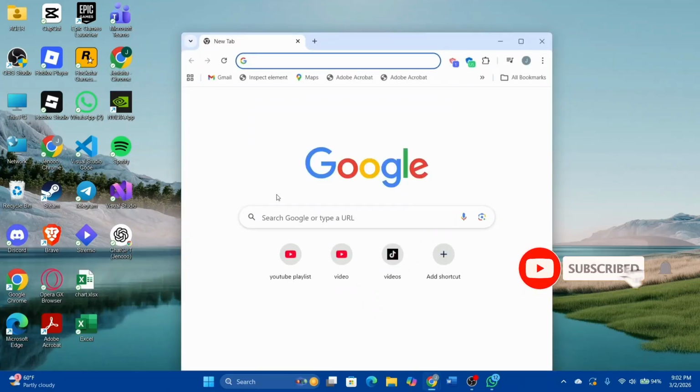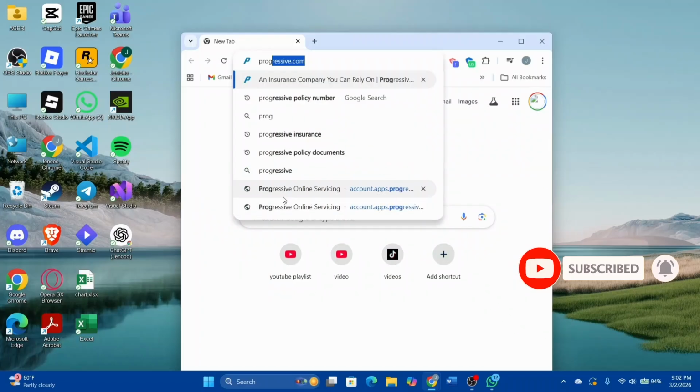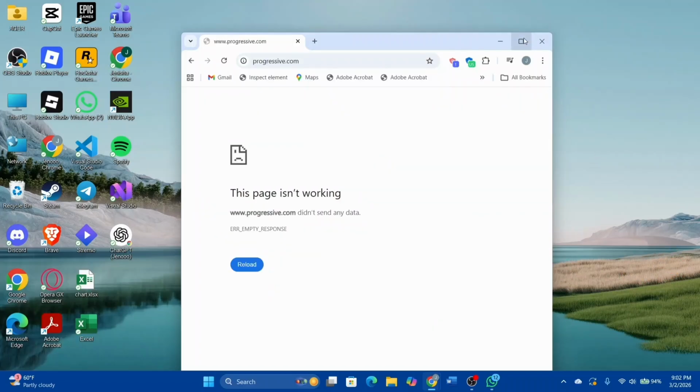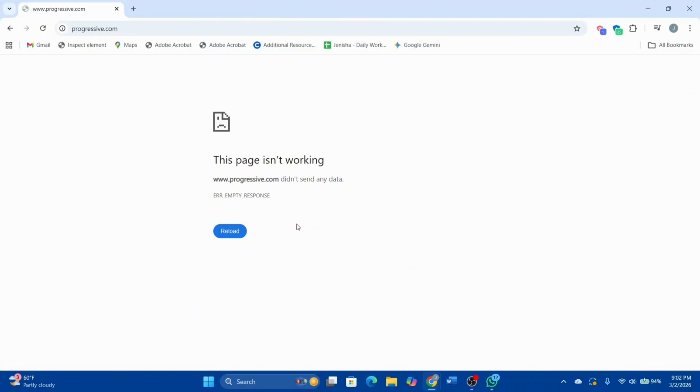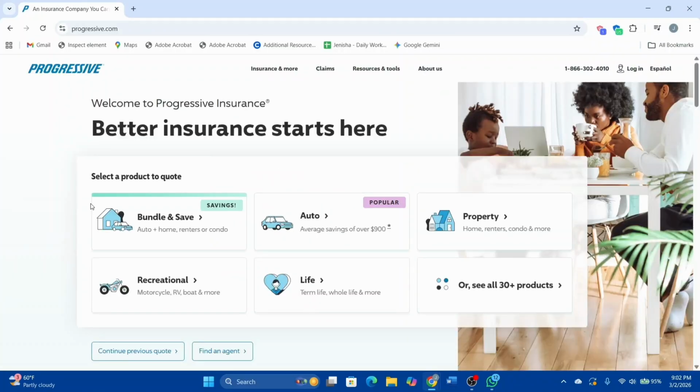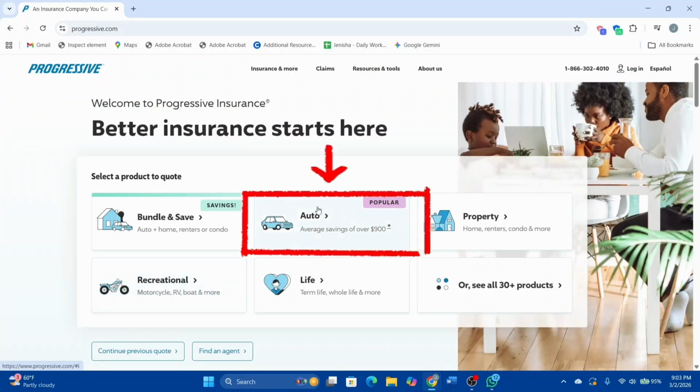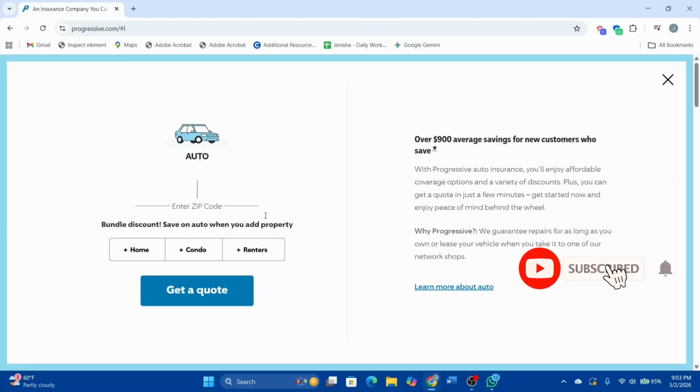So you can head over to your browser and directly go to the Progressive quote page. Type in progressive.com and log into your account if you're not logged in. And then within here we'll be finding this page directly. Now from here we can look out for the Progressive official auto insurance quote page. We can look out for this auto page and go ahead and click on it, and we'll be finding